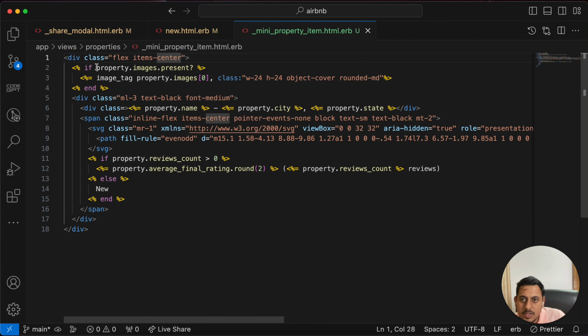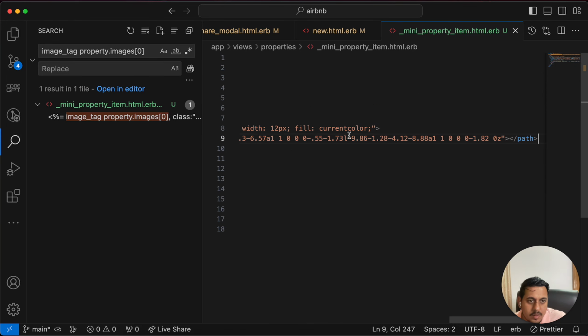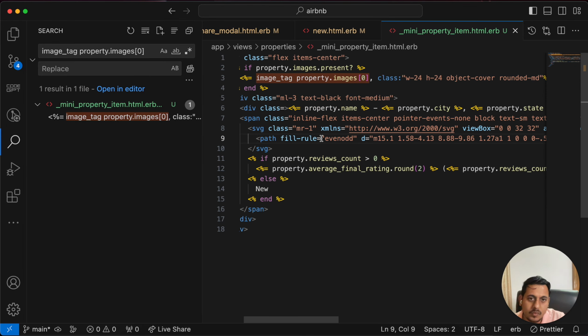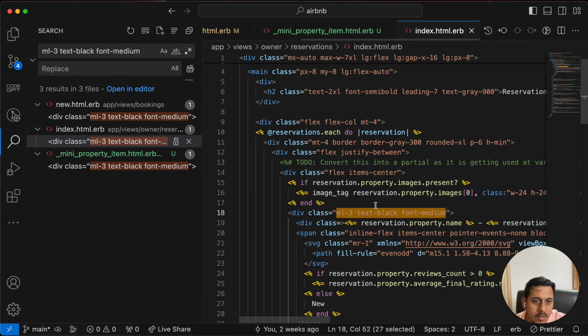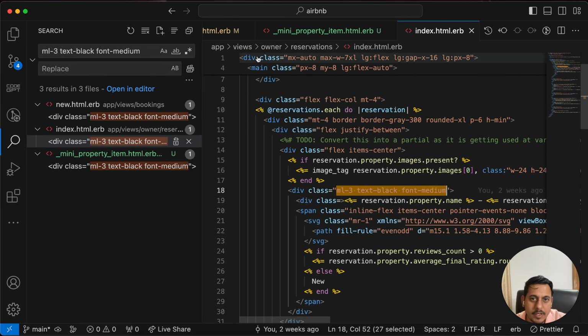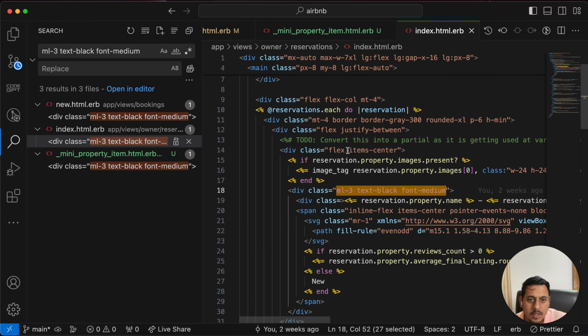What are places we are using it? So let me try directly search this and we can find it quickly. Wait, not this actually. Maybe this one, assuming that it's a unique value that it's in reservations, owner reservations. So let's go to owner reservations. This one is owner reservation, so let's paste it here,